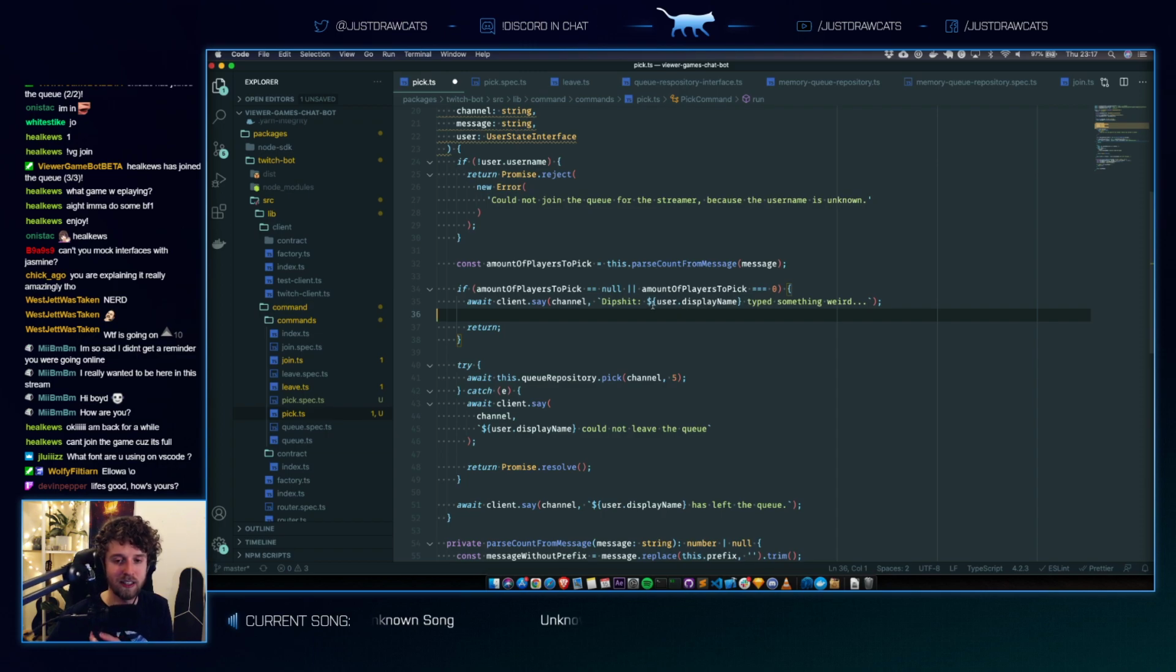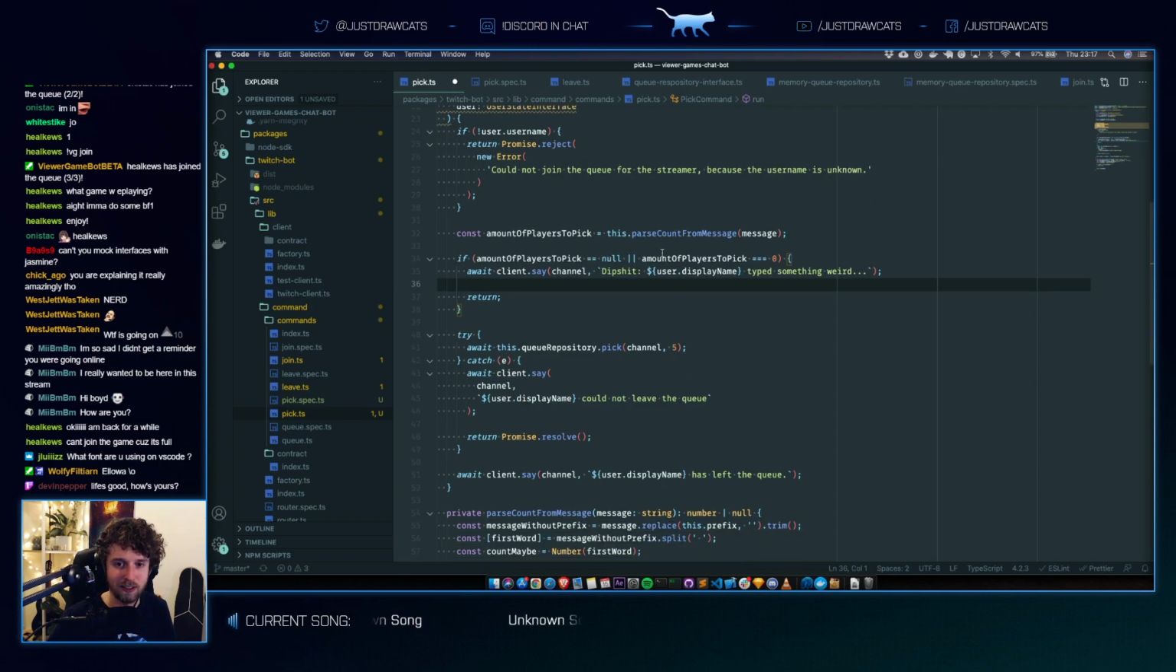Not a big fan of the way this if statement works, but let's just roll with it. Okay, so now we've got this. This is going to pick some players, and then we got the players back. Picked players equals this. If there's an error,